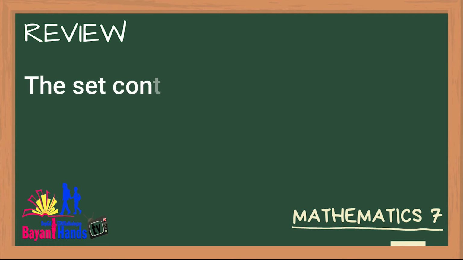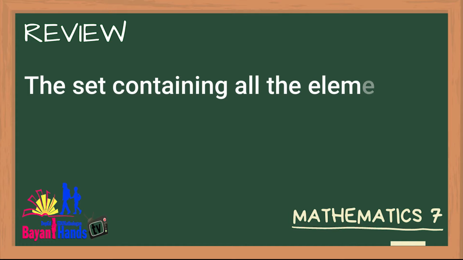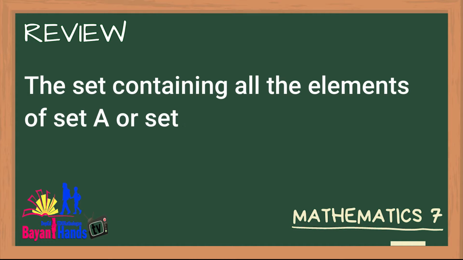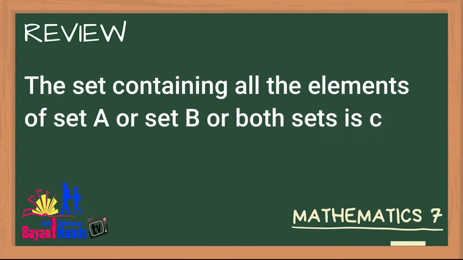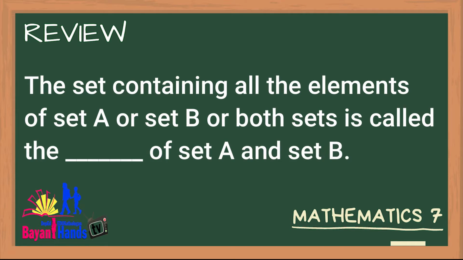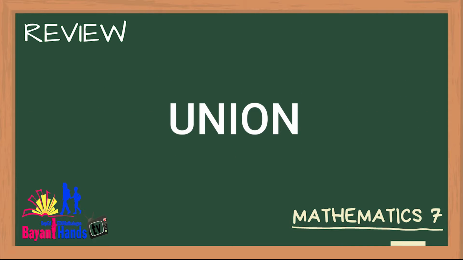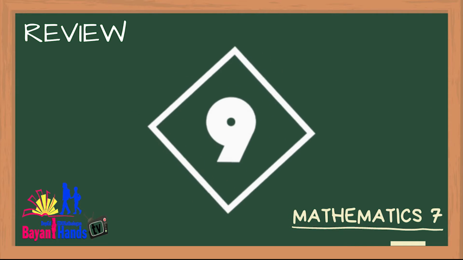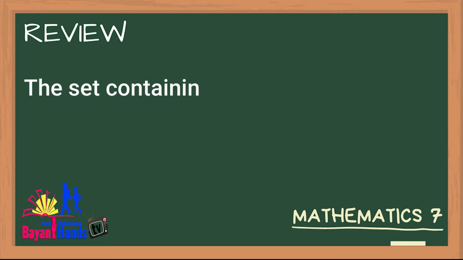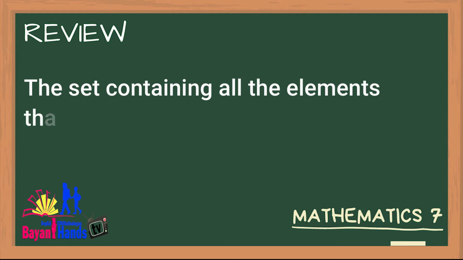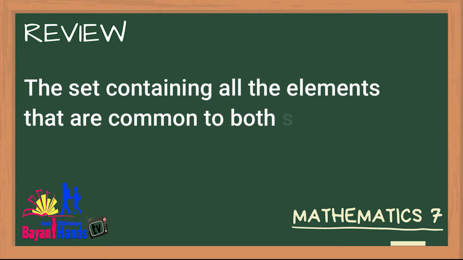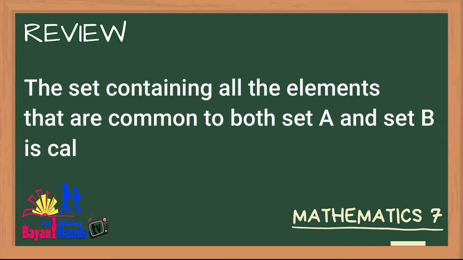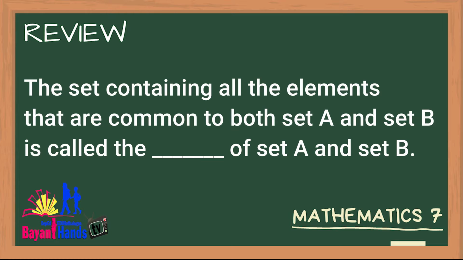The set containing all the elements of set A or set B or both sets is called the blank of set A and set B. Answer: union. Number 9. The set containing all the elements that are common to both set A and set B is called the blank of set A and set B. Answer: